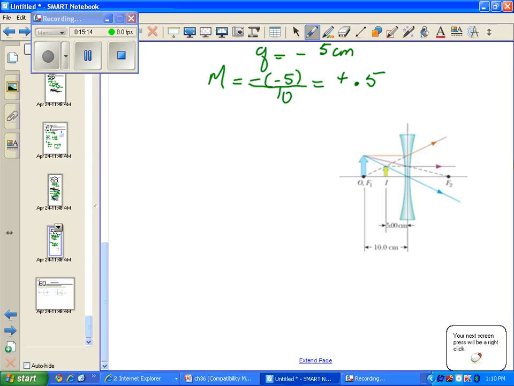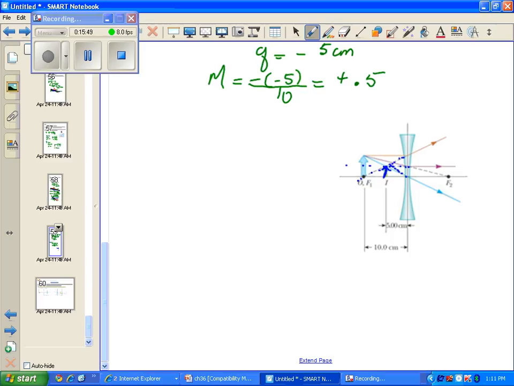All right. Here we have the first principal ray parallel to the principal axis, which refracts so that the back tracing is through F1. The second one comes in as though it's going to F2, but transmits parallel to the principal axis, so it back traces parallel to the principal axis. The third one goes through the center, back traces through the center, and here is our image